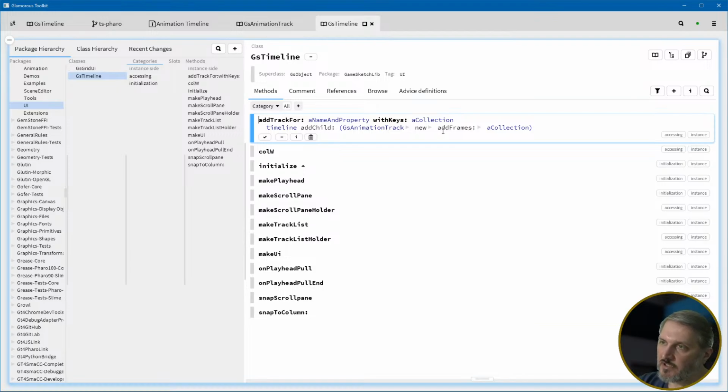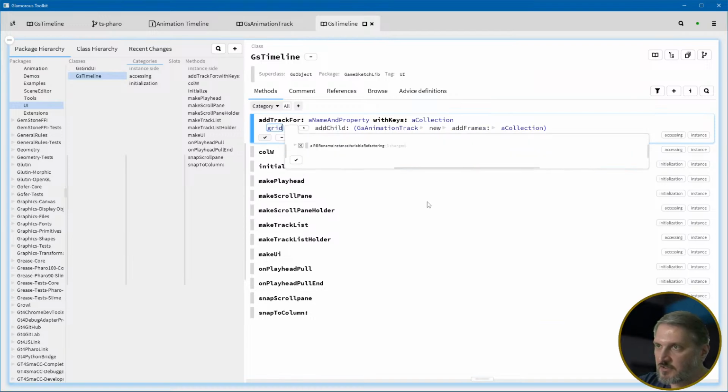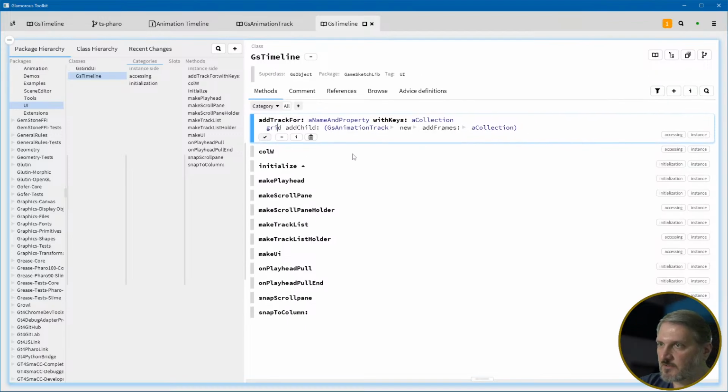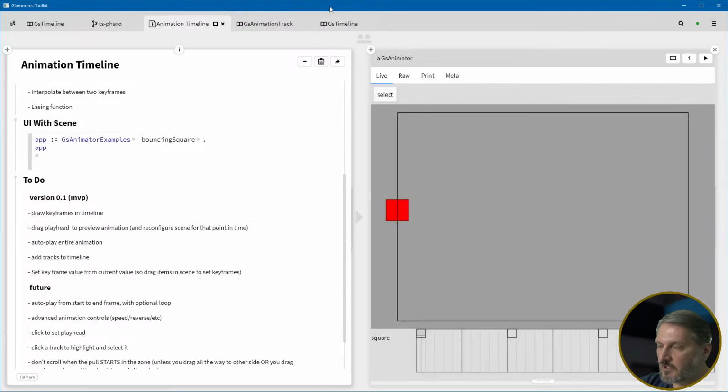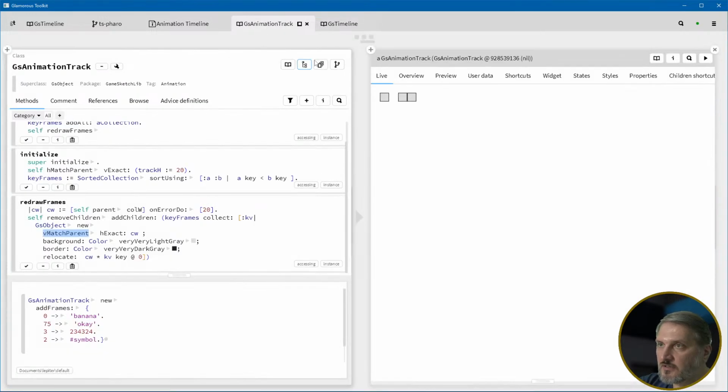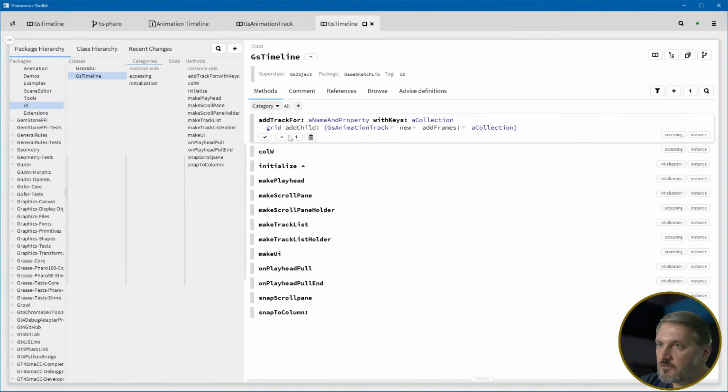Timeline is just a grid, right? The timeline is just a grid. Maybe this should be renamed to grid, yeah. Grid. Because the thing itself is a timeline. You don't want to have a timeline be a component of a timeline. That doesn't make sense. So grid, add this. And now when I run this, it should just do the same thing. Boom, yeah, okay. But now when we add this thing to the grid, this part,